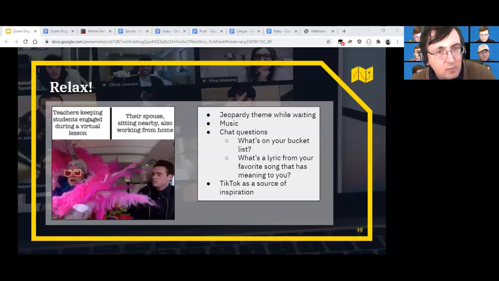You can play whatever music you like during times when people are working on stuff, or if you're just waiting. And I think a number of people have mentioned this, certainly in the groups I've been in, you can have chat questions, those traditional icebreaker kinds of questions. Someone in my group had a great idea of actually emailing those questions in advance so that students didn't feel put on the spot